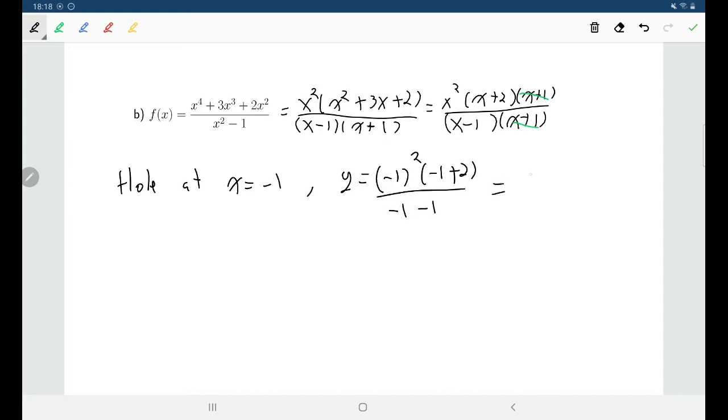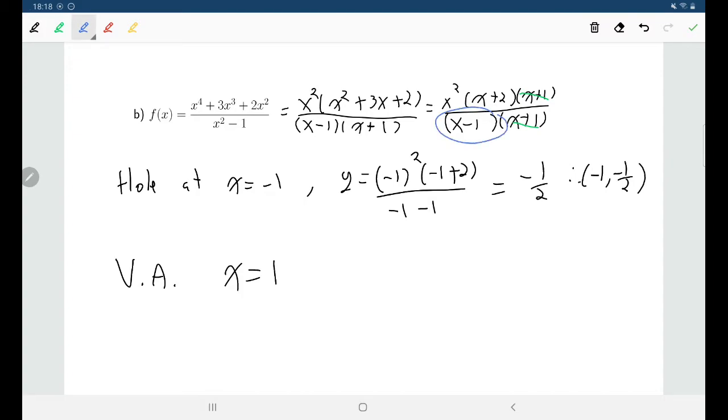And we wind up with -1/2. So the point -1, -1/2, that will be a hole on our graph. And I'll plot that in just a moment, but while I'm here, I also want to talk about vertical asymptotes and horizontal asymptotes. We can see that we've got a vertical asymptote, x is equal to +1, and that's because